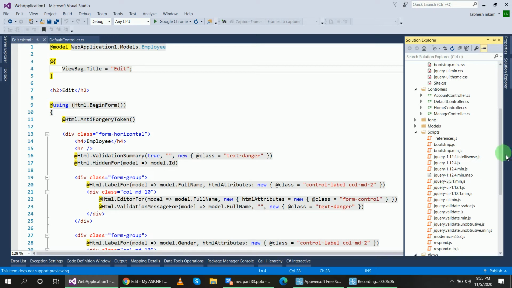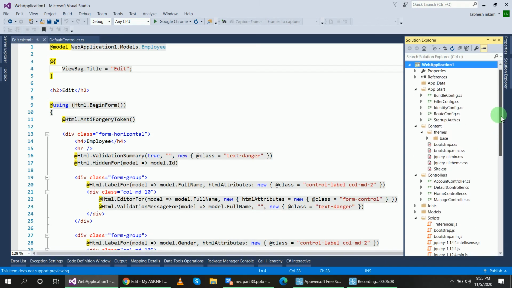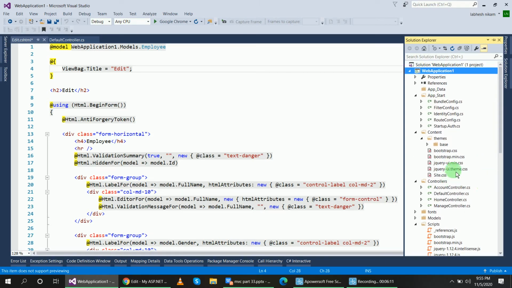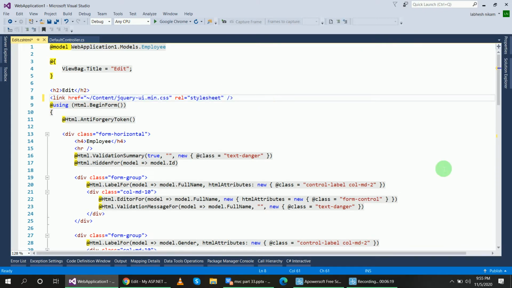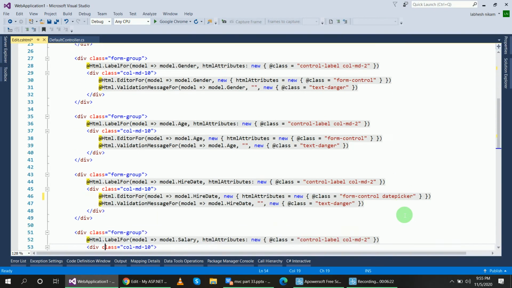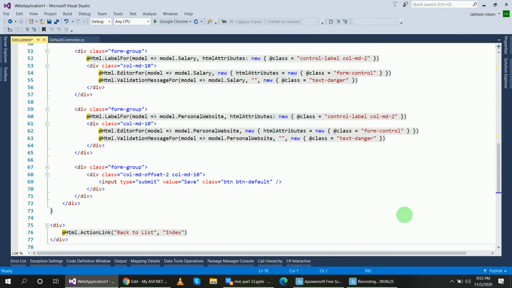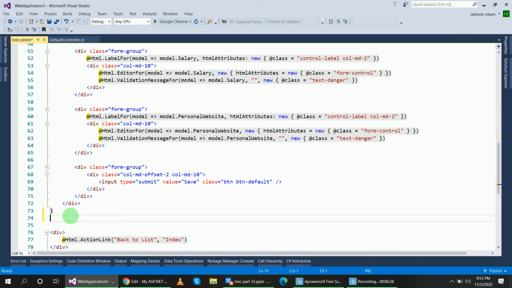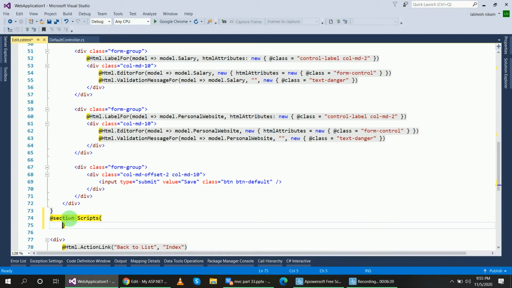In the beginning of the form we will add a style reference for the jQuery calendar using this jquery-ui.min.css. I have added this CSS file here, and at the end of the form I will use the scripts section, and inside it I will pass the jQuery files to run the calendar.